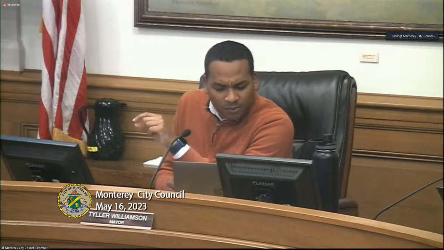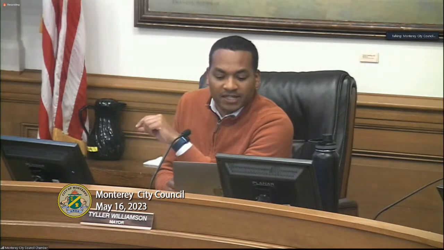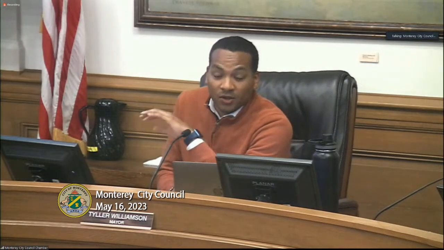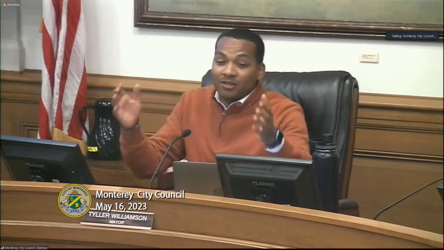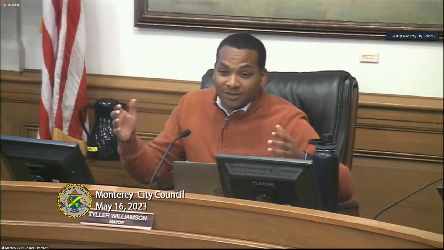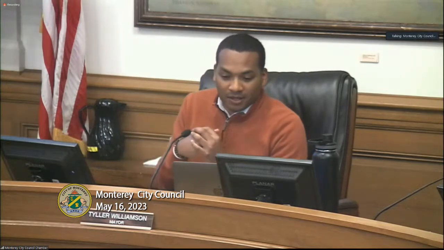There was a point raised about a well-coordinated mass evacuation plan. I hear this all the time from residents about their concern. We heard about it during the winter storms, and the atmospheric rivers potentially closing down the 68 and the 1, and us being locked in because of course then the 1 in Big Sur had mudslides.